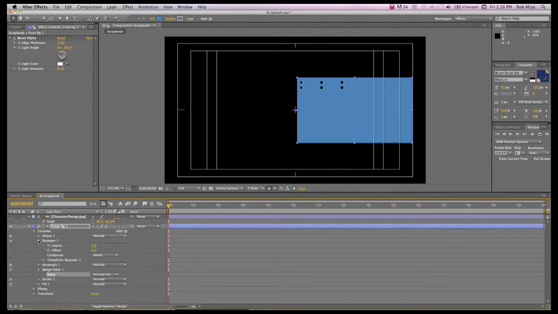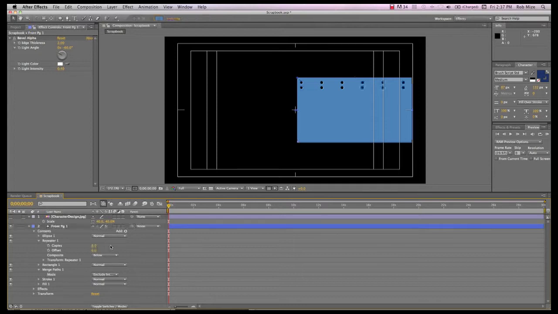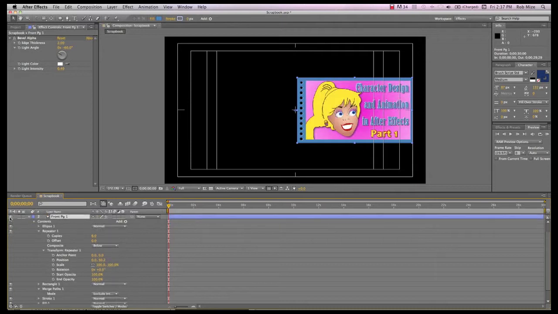Let's change this repeater copies to 6 and reposition the x-axis to 0 and bring the y-axis down so that our copies are spread along that y-axis. I'll turn our graphic back on.